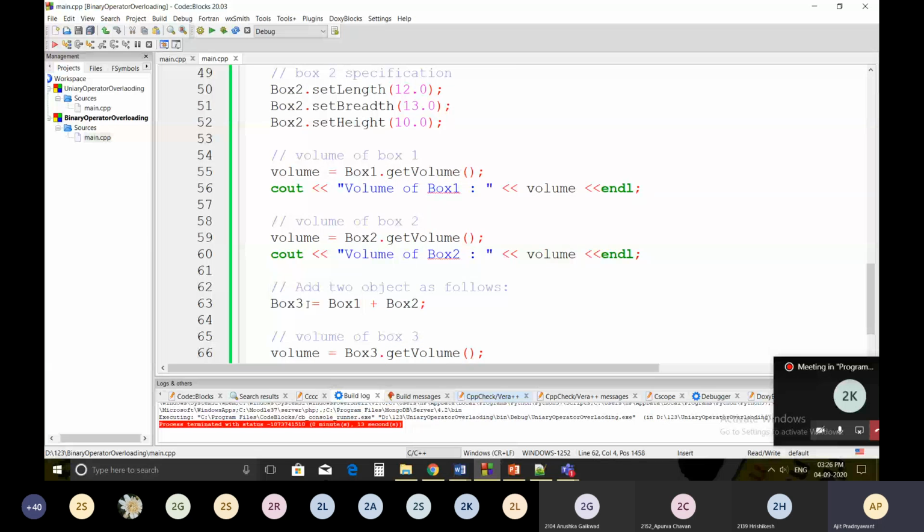And here is what we have done. We have done addition of two boxes, Box1 plus Box2. These are the two objects, and you have used the plus operator on them. So the compiler simply looks for whether you have defined any operator overloading method inside the class. If it is yes, it will invoke that. Yes, it is already mentioned over here: Box operator+ (const Box& b).